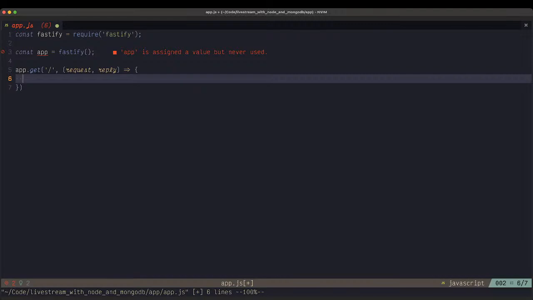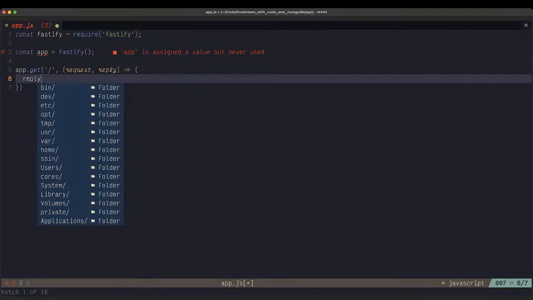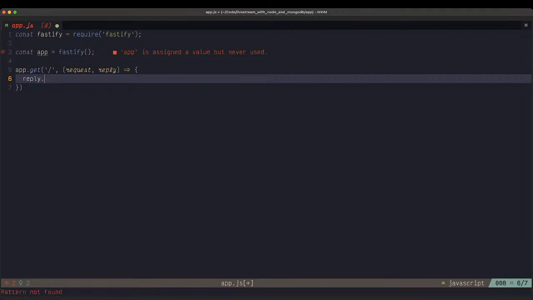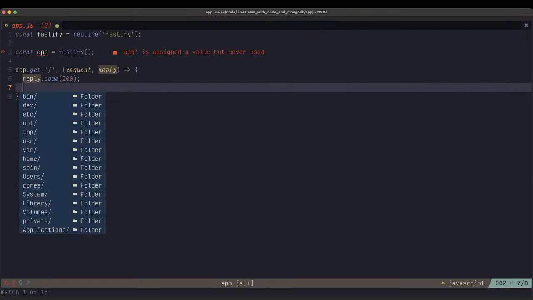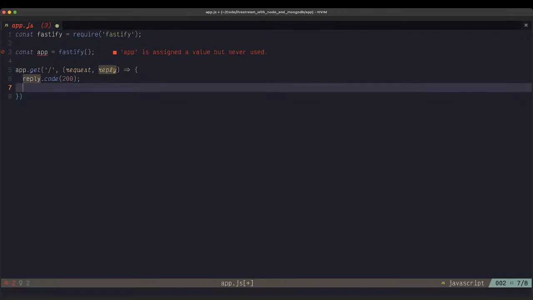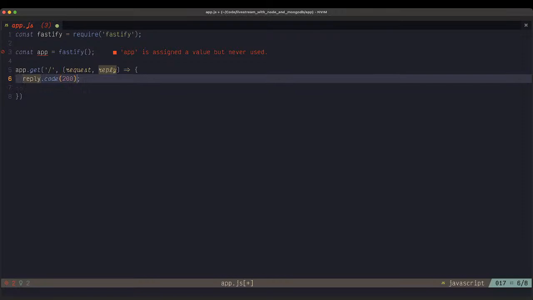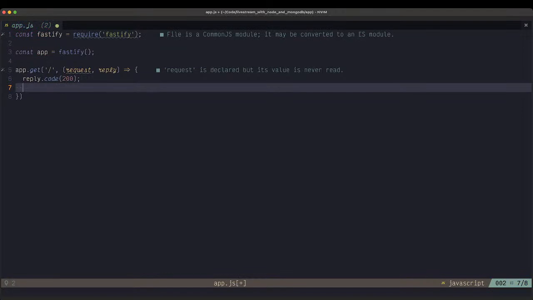So to do that, we just call the reply. Right, now you could try to do it the Express way, but there's also the Fastify way, which actually makes a bit more sense. Right, the first thing you can do is decide, okay, this reply I want to be of a certain status code, and the status code can be 200, right? So if you leave it like this, if you send any response, Fastify will also send this 200 as the status code for that response that you sent. Like if that doesn't make sense, let me know so that I can